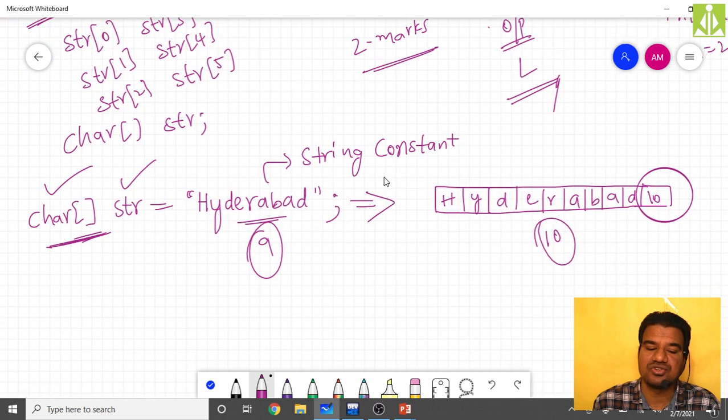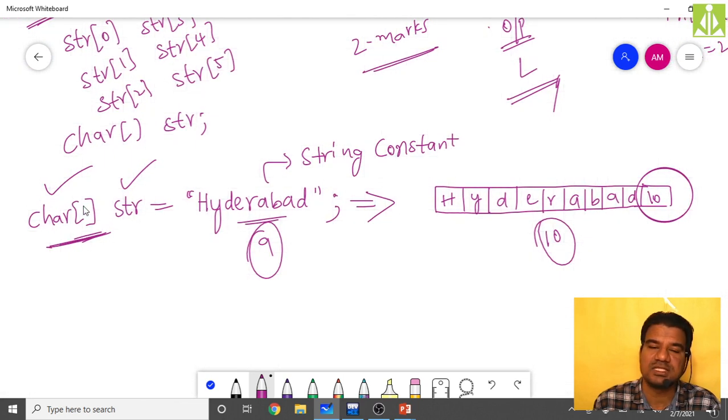But in the case of a string, we are not specifying the size over here. When it is creating this string, it has to know how many characters it has to allocate for this str. That we are not doing over here. We are not specifying the size. So at that time, if you are not specifying the size, there only you have to do the initialization. When we do more programs on strings, you will understand.